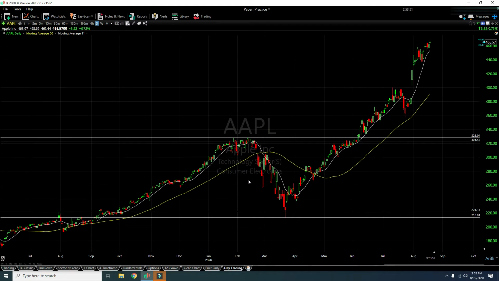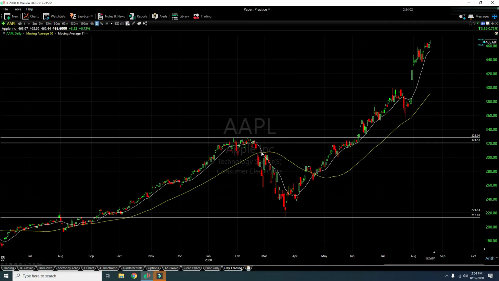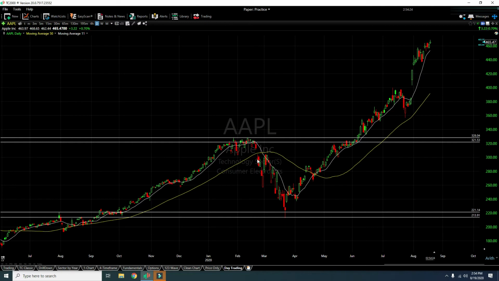So let's look at the long-term 50 period moving average. One could have gone long on August 7, 2019 at 199 on the 50 period moving average and come out on February 24th at 298. That's one way of trading. If you don't have much time on a daily basis to monitor the chart, and you're a long-term trader or a swing trader, you could use a 50 period moving average, or any other moving average period you're comfortable with, plot it out, use it for entry and exit, and maintain that.